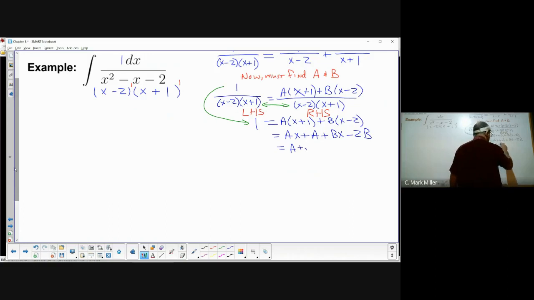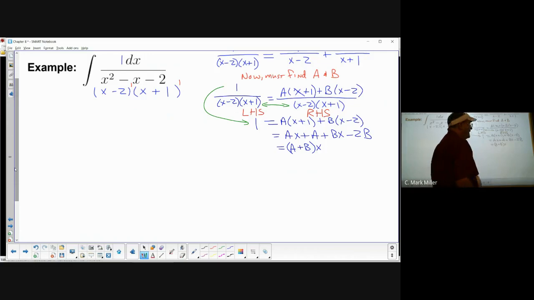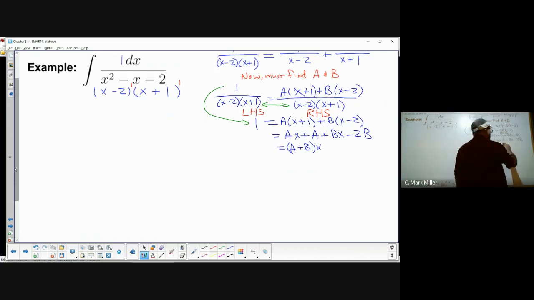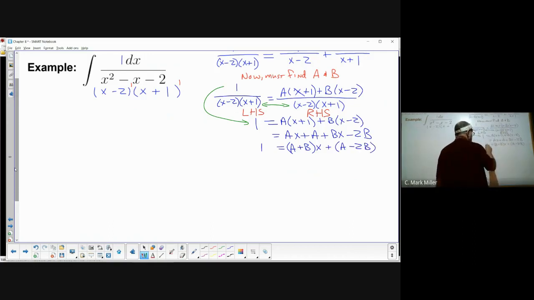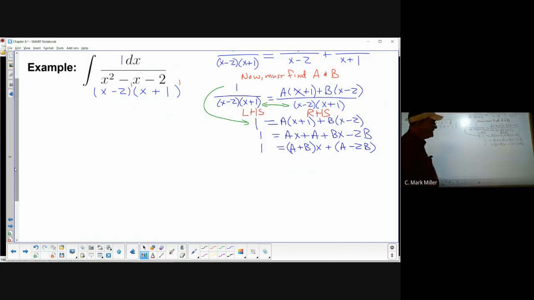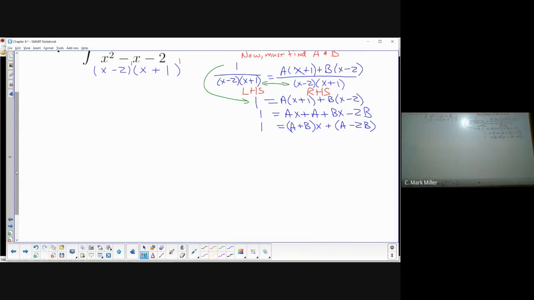So that's a plus b times x. What do I have left over? For a constant term, I have a minus 2b. And on the right, that still equals 1. Excuse me, on the left, that still equals 1. All right? So,